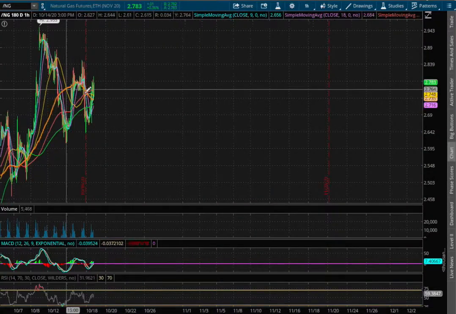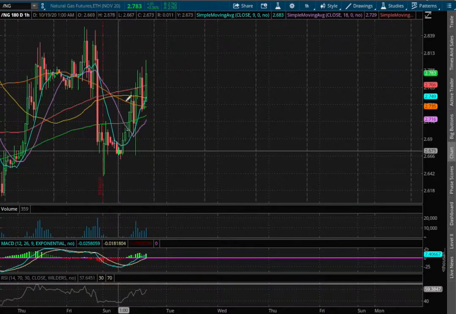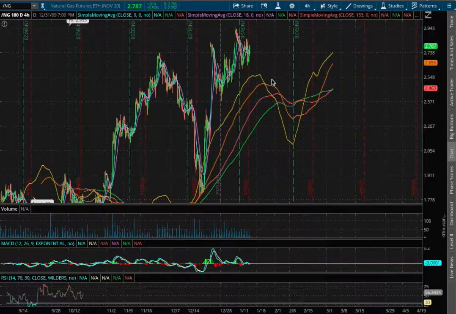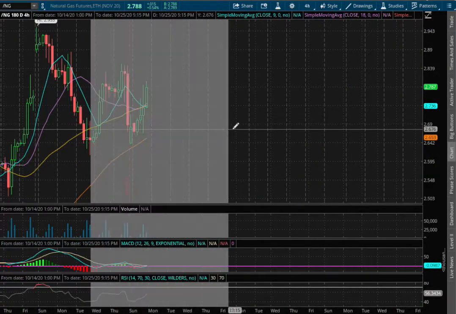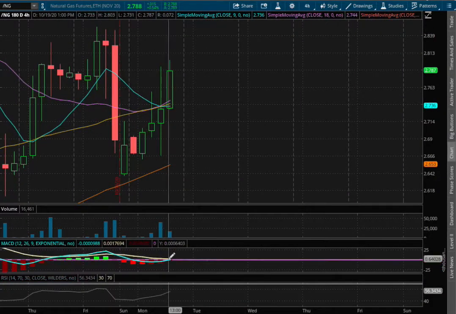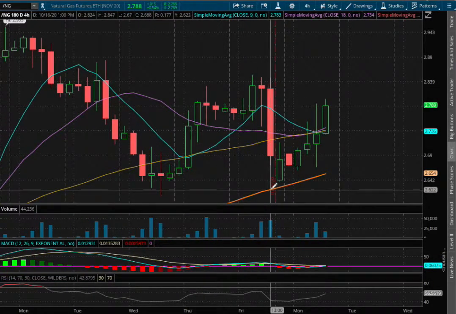What we have here is we have now approached positive MACD and we're nearing overbought levels with the RSI. If we expand that to the 4-hour chart, we are about to reverse and head up to positive MACD and we are seeing signs of converging. At the moment, we are also resting right along the 100 moving average, this orange line, which will act as our temporary support at the price of